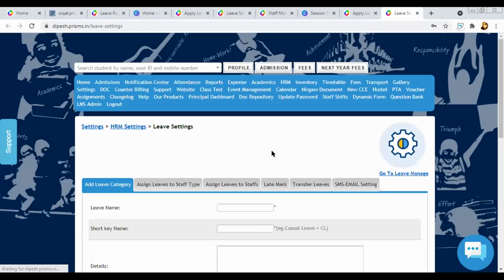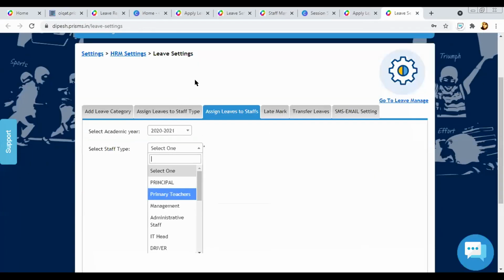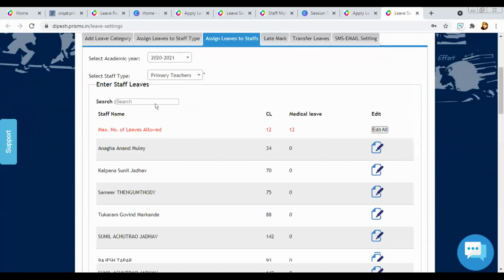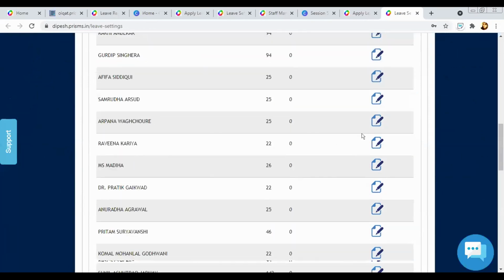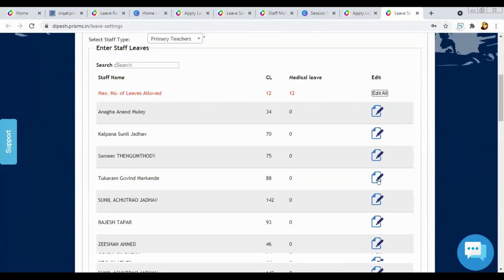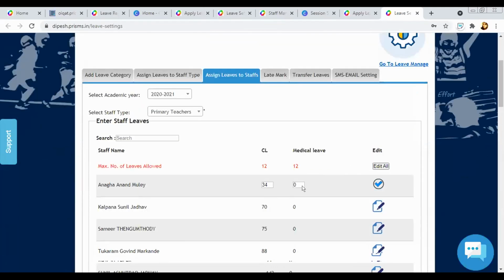So again, any particular staff type you select, you'll be able to see all the staff that is there in that particular category. And if any particular leave that you want to change, if it's assigned to that staff but you want to change, then you can change and edit over here for any particular staff also. So any particular staff you feel that you need to reduce the leaves for, you can do that manually from assign leaves to staff.